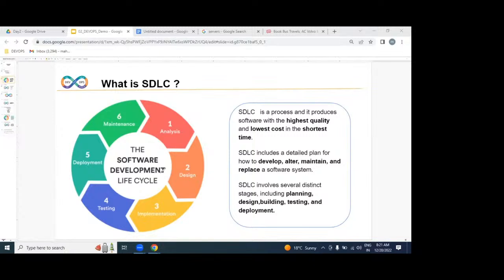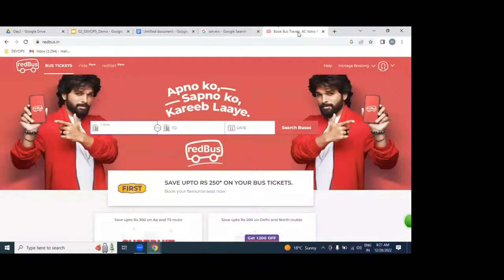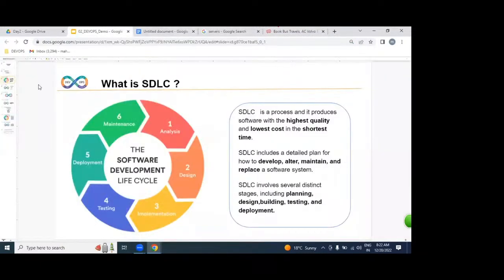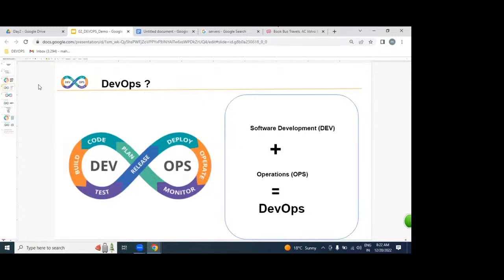But by the end of the day, any IT employee, the developer or the tester or the DevOps engineer, we have to produce an application to do business online. By the end of the day, any IT employee's goal is what? Produce a working software as an application, to do business on the internet. That is exactly SDLC. In SDLC, we are going to implement our DevOps process.